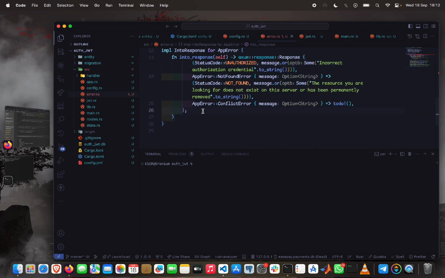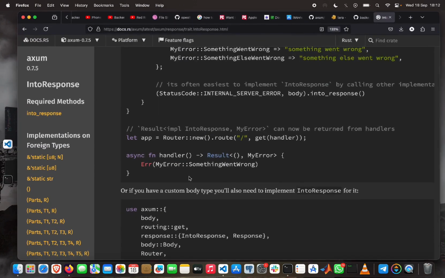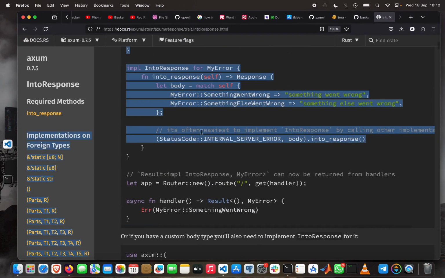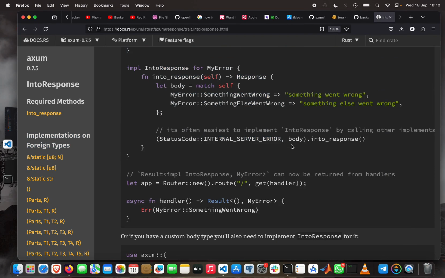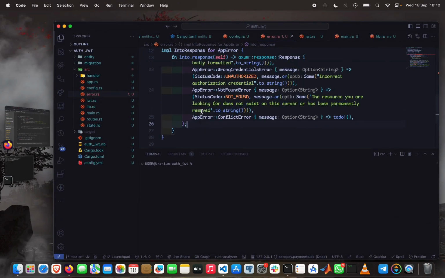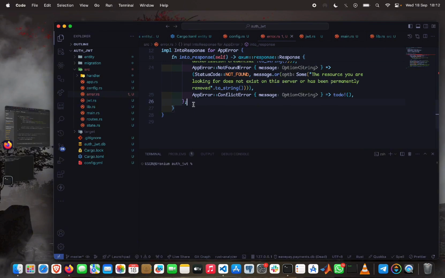Yeah, so now checking this, I have to call the into_response on it, right? But since this is structured a bit differently from what we have in the documentation, I want to do